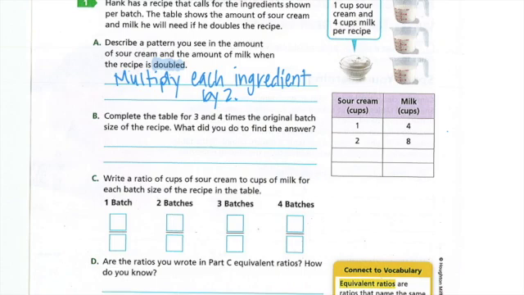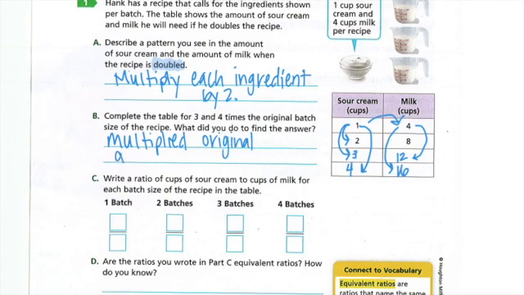So there's a couple different things we could do. We could find the pattern between sour cream and milk. Or we could say, okay, this was doubled. Then if I'm going to triple it, that means times 3, right? So I could do 4 times 3, which is 12. If I'm going to quadruple it, or it says 4 times, so I could do 1 times 4 is 4, and 8 times 4 is 16, right? So we multiplied the original amounts